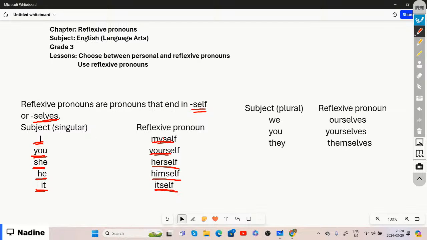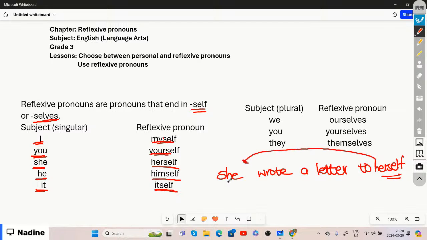So, for example, if I say she wrote a letter to herself, right? Then herself refers back to she, because she wrote a letter to herself, basically. So it needs to be like that. Herself, himself, it needs to refer back to the subject, which is she. So she, who can be Amy, who can be any girl's name, she wrote a letter to